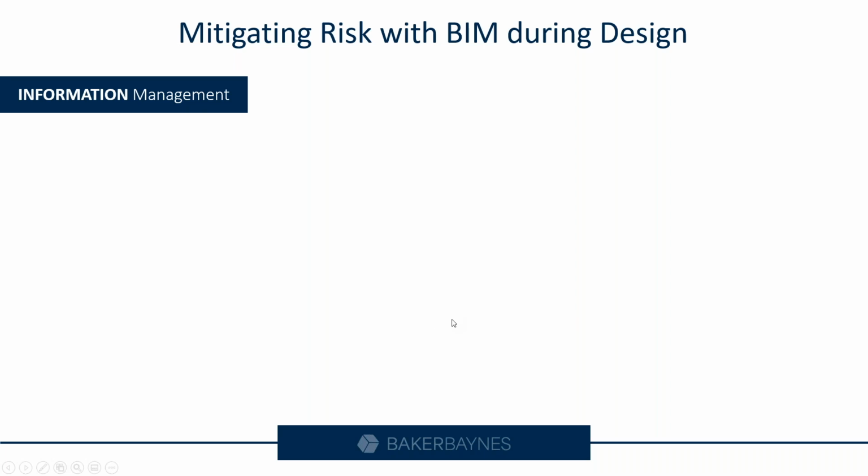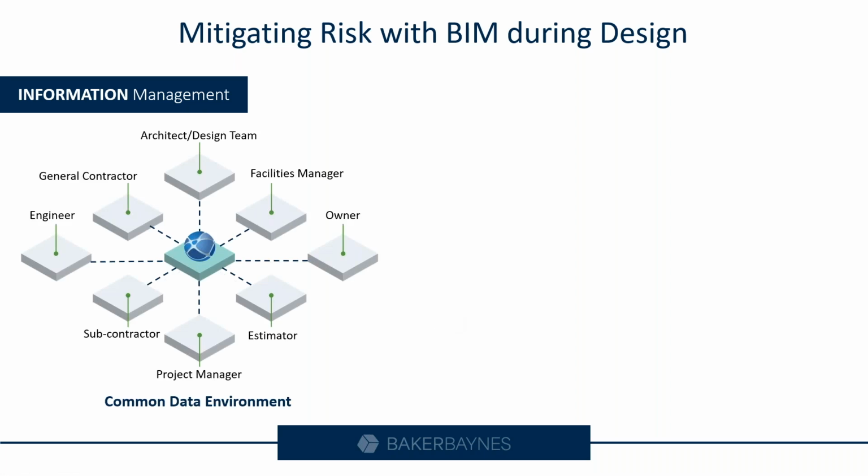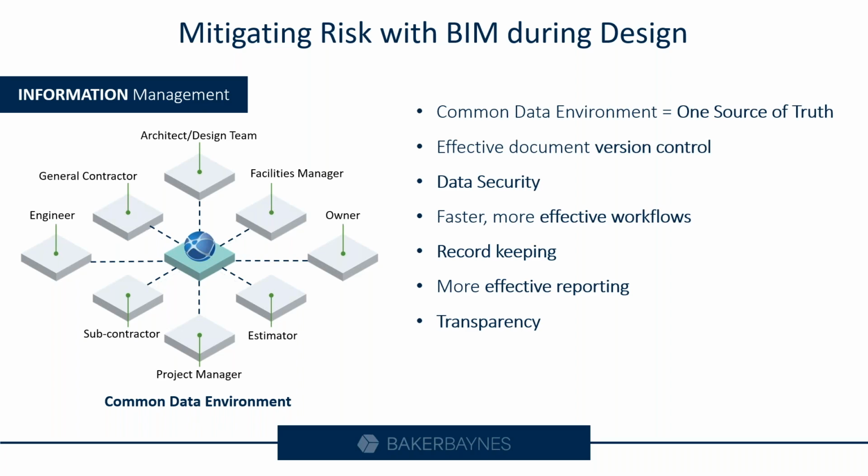So Autodesk also has some tools available for this, and this relates to that common data environment. Once again, we will go through this in a little more detail, but what you essentially want to do is centralize your common data environment so that all the stakeholders on the project know exactly where to find the latest information. That common data environment is your one single source of truth, not multiple places to